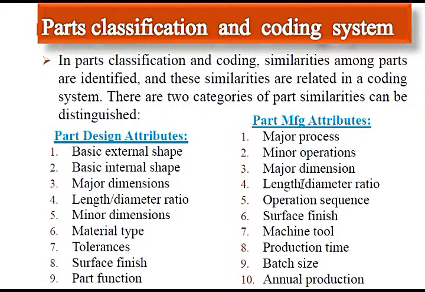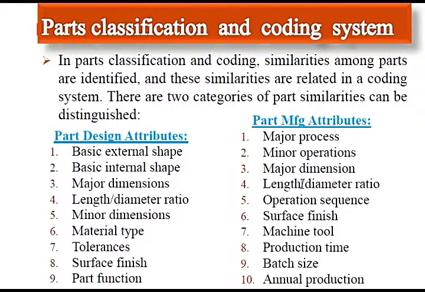Part classification and coding system. In a part classification and coding system, similarities among parts are identified and these similarities are related in a coding system. There are two categories of part similarities. First, part design attributes. First is the basic external shape,